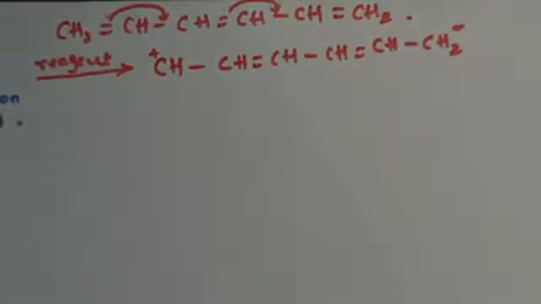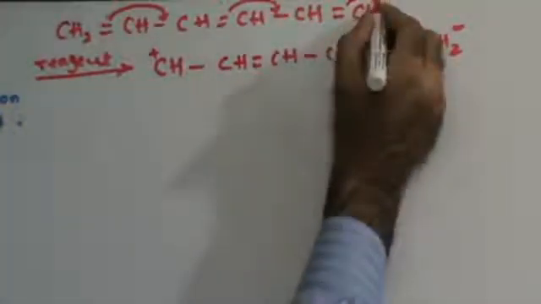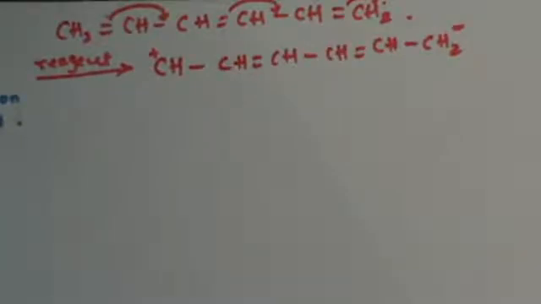So I can relay this along alternate single and double bonds. This electron pair will automatically go to this CH, and that's the reason why the final CH will develop a negative charge. Right? So it will happen on both sides. The electron pair, not the lone pair, the pi bond electrons will be transmitted, right?